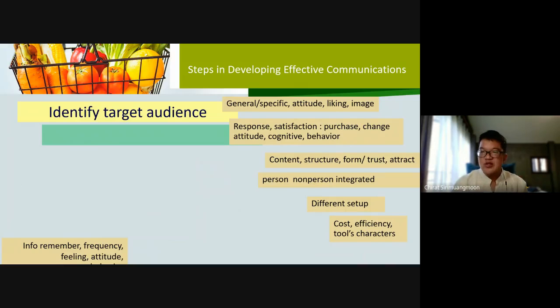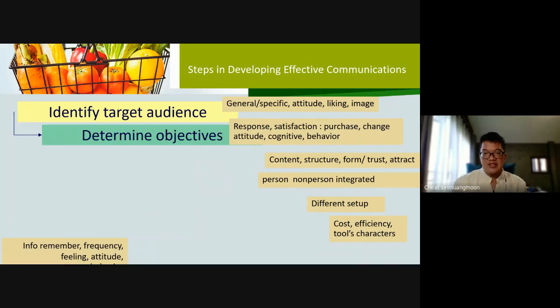And then don't forget to think about the attitude of the consumers, what they like, and what image of your products you would like to present to them. Why do we need to consider the attitude? Sometimes if you don't concern yourself with the attitude, your product might go the wrong way. For example, some countries prefer to eat dog meat, but in Thailand we don't have that kind of meat, because we think it's not the type of meat you should eat. So this is the first thing that you should concern. In Vietnam, they eat dog meat, so it's okay. So this is an example.